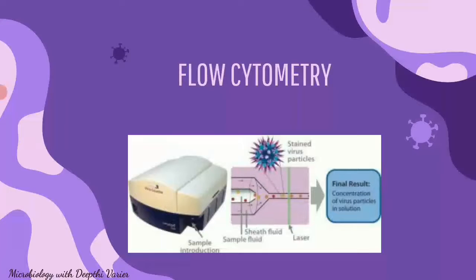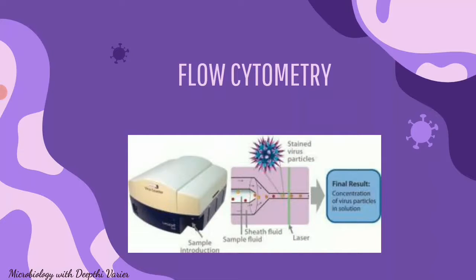The next method we have is flow cytometry. Not all viruses can be counted using the infectivity assays. So we go in for another very useful method, flow cytometry, wherein fluorescent dyes are added to count or detect the viruses. What we do here is move the viral particles through a channel or tunnel-like region in which only one particle can pass at a time. As the sample crosses the laser beam, its concentration is measured.